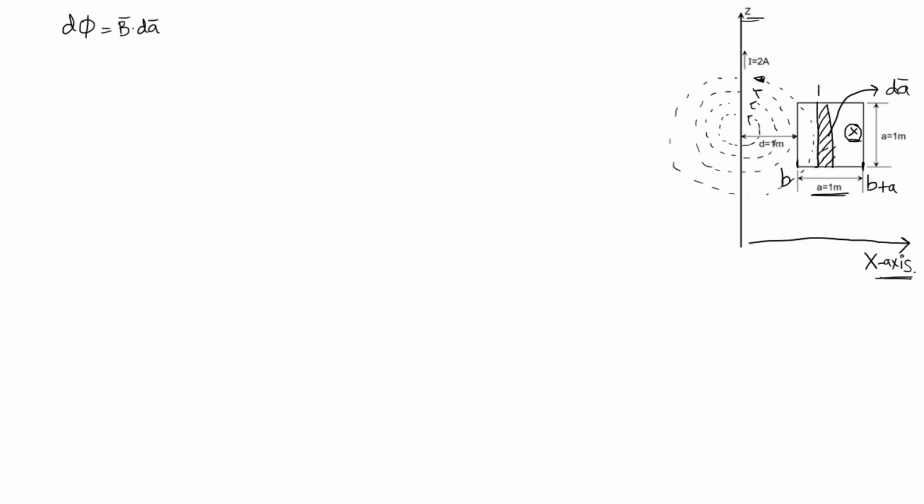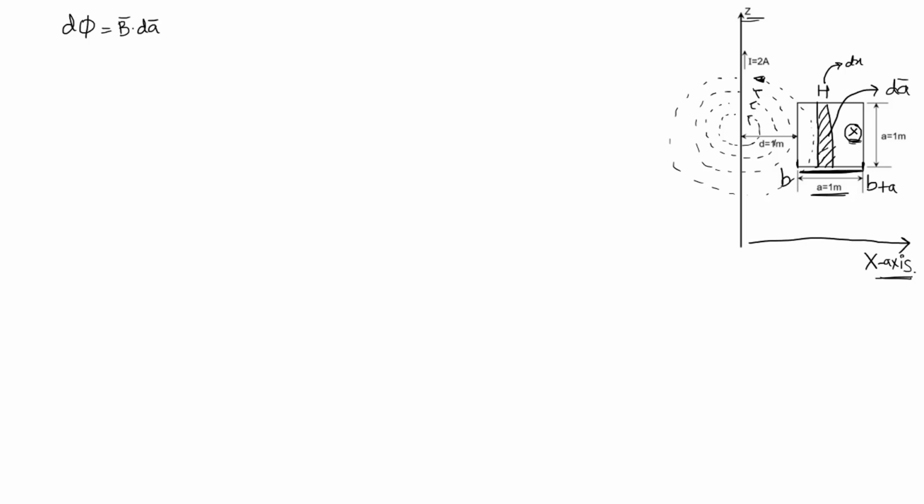So let's take this dimension as small x, that is dx. So this is dx and this side is a. It is constant throughout the spanning of this horizontal distance. As we go from b to b plus a, this a remains constant and we are spanning along the x direction. So the limit is from b to b plus a, and a remains constant and the flux cuts through the loop and goes into the paper. So that you need to visualize.